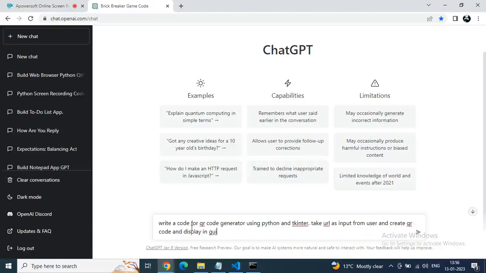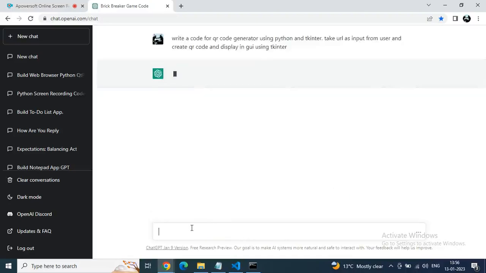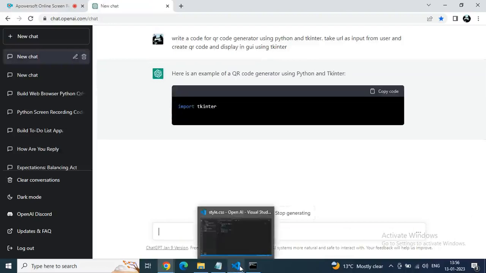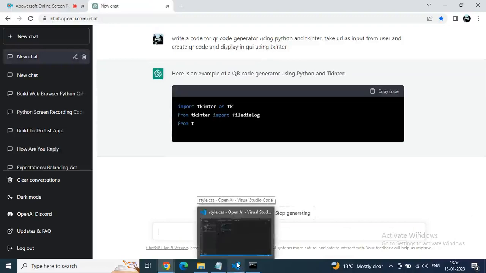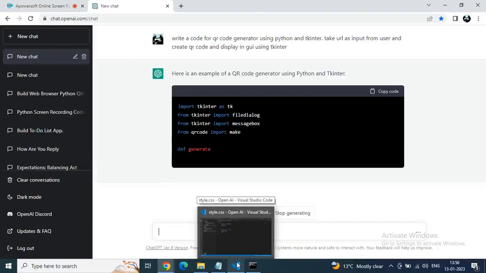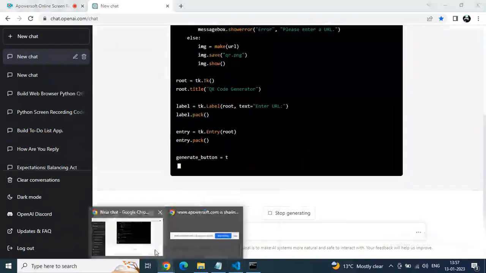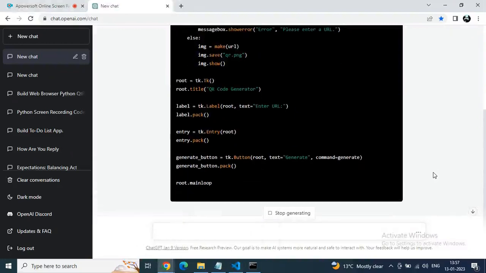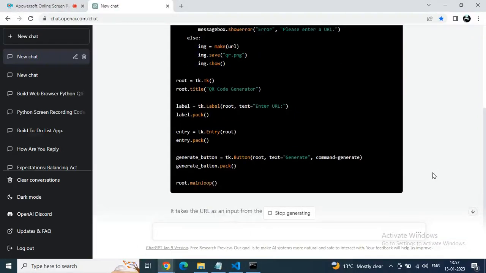And always make sure all your modules are installed using cmd or whatever, because if those modules are not installed then you will continuously get errors. So make sure about that. And here I also made a few errors intentionally to show you how we can solve those errors using ChatGPT as well. So let's see, we are getting a code,